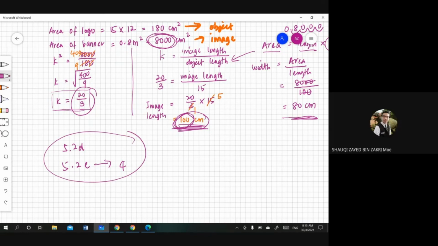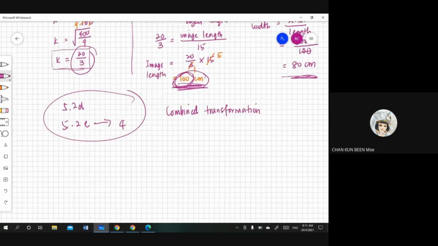Okay, so in the next lesson, we are going to continue with combined transformation. So hopefully you remember some of the transformations that you have learned. What are the transformations that you have learned previously? Do you still remember? Rotation. Yes, rotation. What else? Reflection. Very good. One more. Start with T. Translation. Yes, translation. So you are going to apply 3 of these, including the enlargement that you just learned, to settle this combined